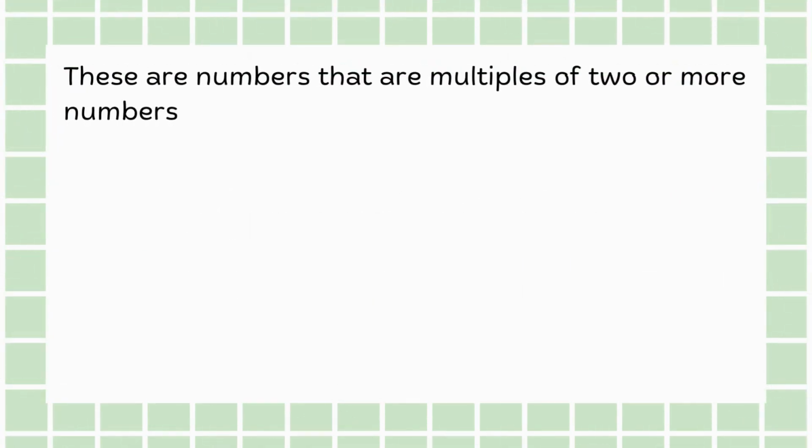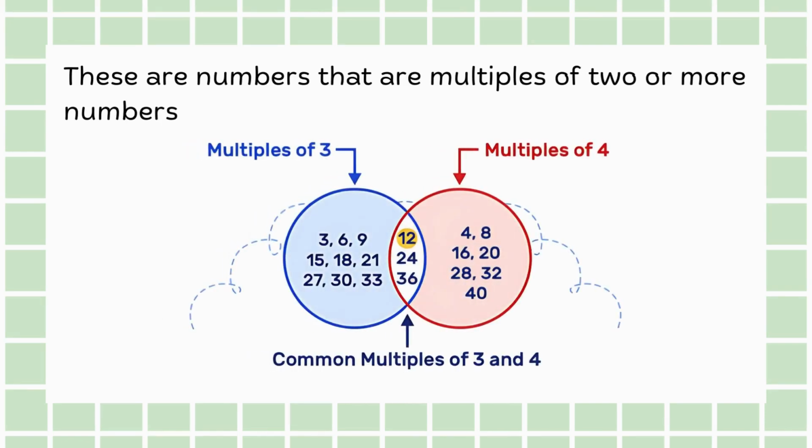These are numbers that are multiples of two or more numbers. For example, the multiples of 3 are 3, 6, 9, 12, and so on. Similarly, the multiples of 4 include 4, 8, 12, 16, 20, and so on. When we look for common multiples of 3 and 4, we find numbers that appear in both lists like 12,